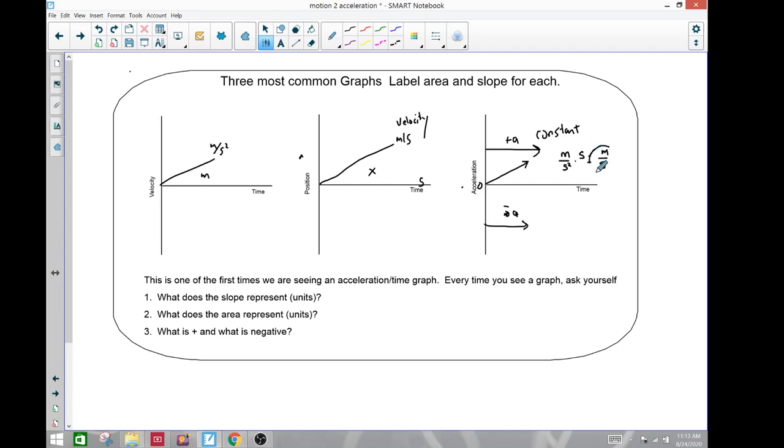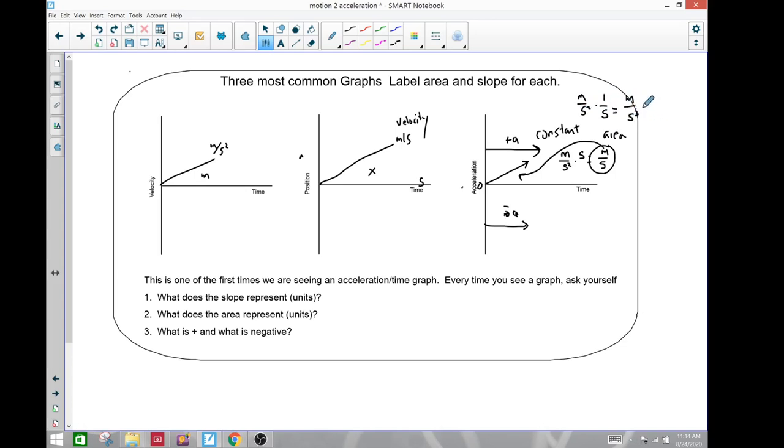It's not as useful for us, but the area of the curve is considered velocity, so we could get something out of that. So this is the area. And then the slope is going to be meters per second squared times 1 over seconds, which is meters per second